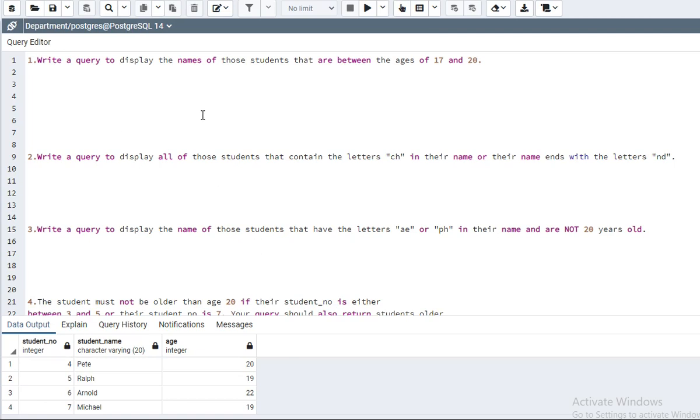So today in this video we are going to solve 5 SQL queries. My first query is: write a query to display the name of those students that are between the age of 17 and 20. I have a student table with columns student number, student name and age. So for this I will write select star from students